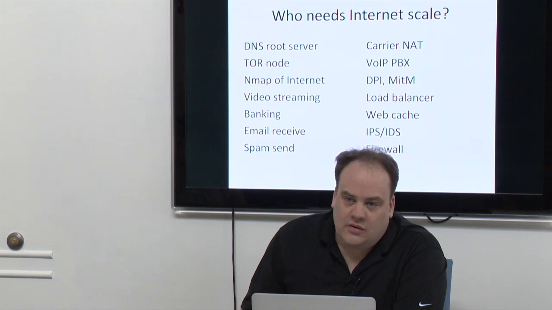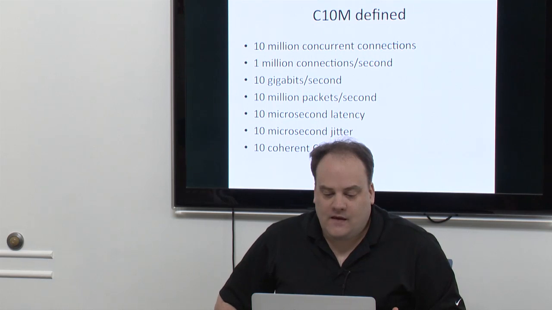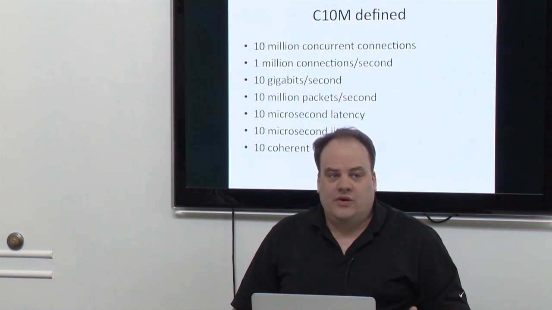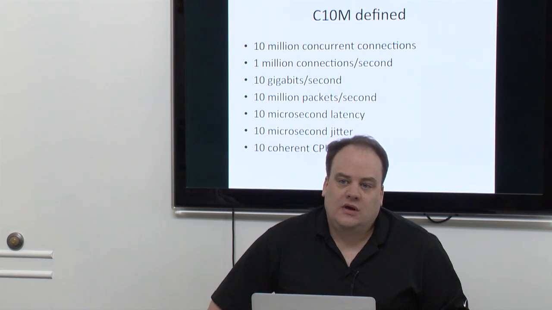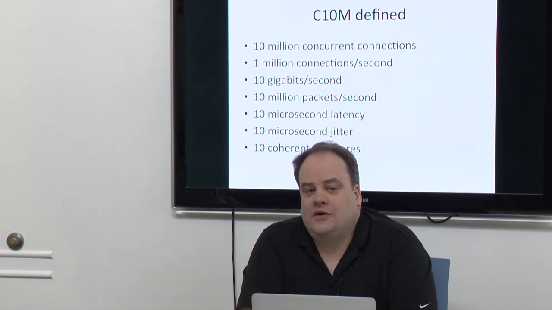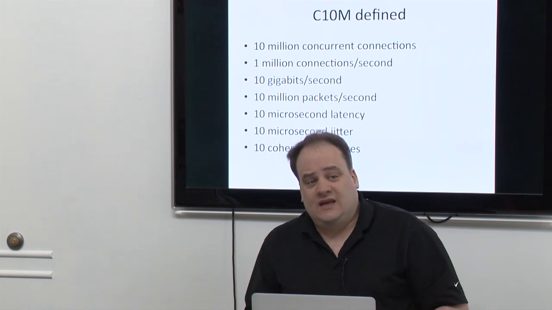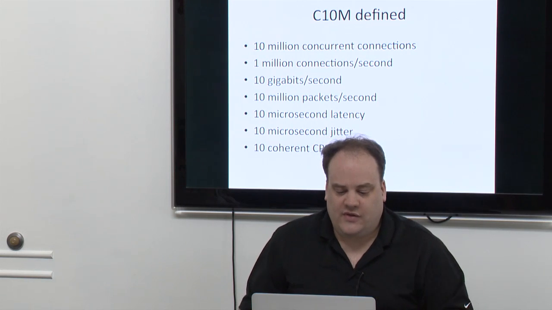So you say something about the 10 coherent cores? Oh, yeah. The other issue is that to reach high levels of scalability, your code has to be multi-core. Right now, the way your professors are teaching you to write multi-threaded programs fails to scale to 10 cores. And I'm going to discuss that in one of the sections here.